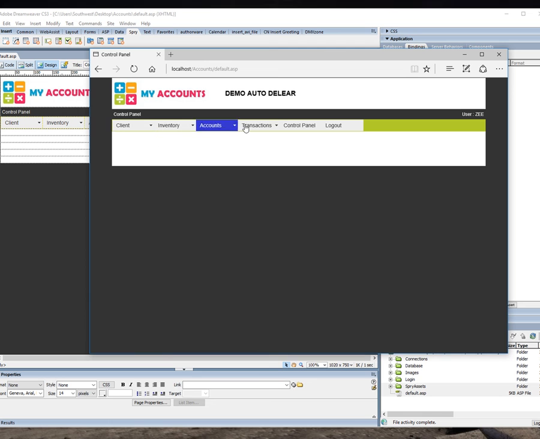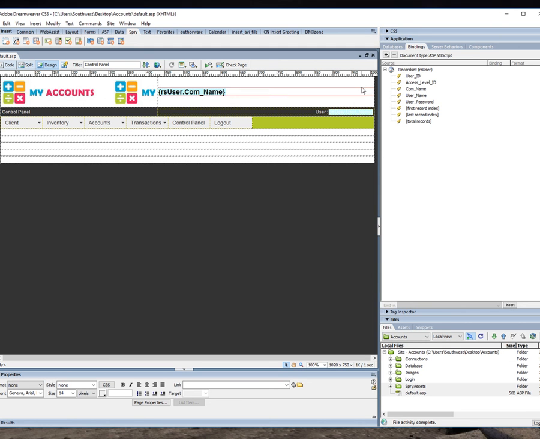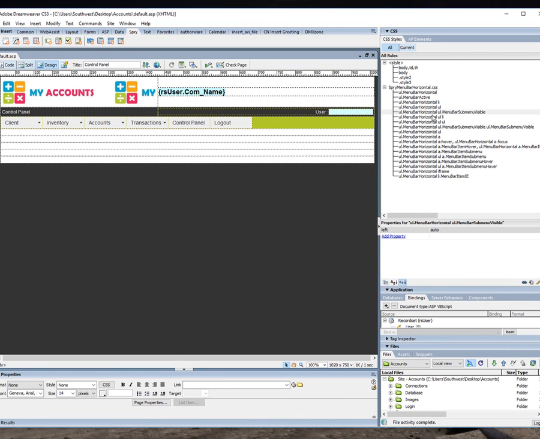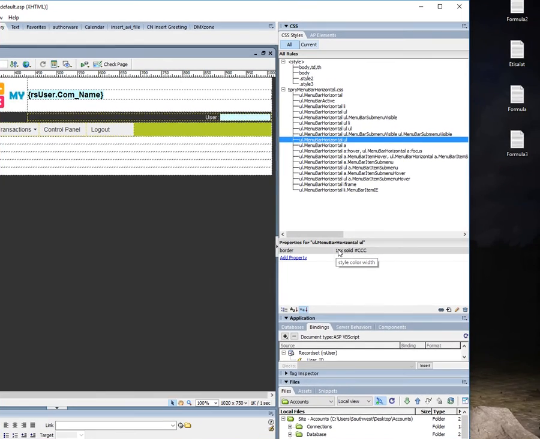So I'm going to do a little bit of setting on this menu. If you come to CSS, when you click on this, it will give you some options here. Add property, probably this. This is the border. I want to get it to 2 pixel,